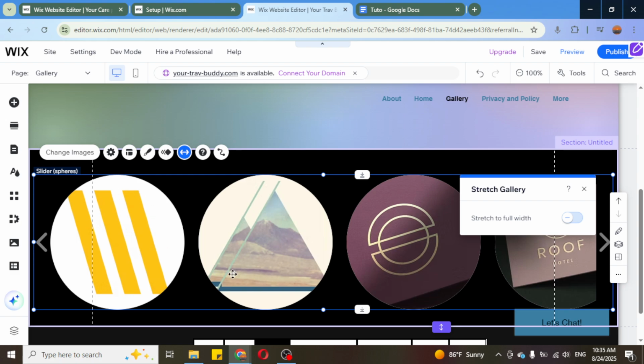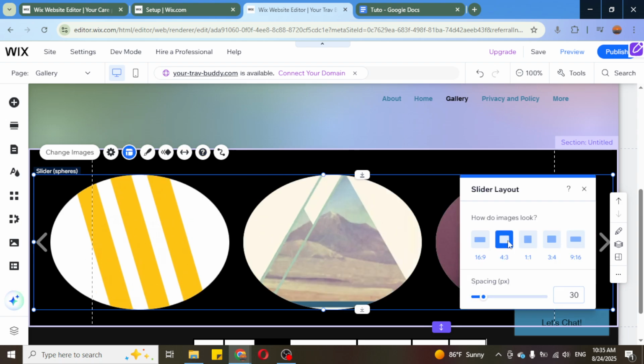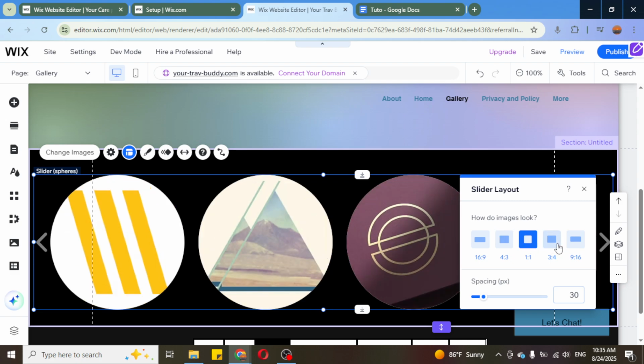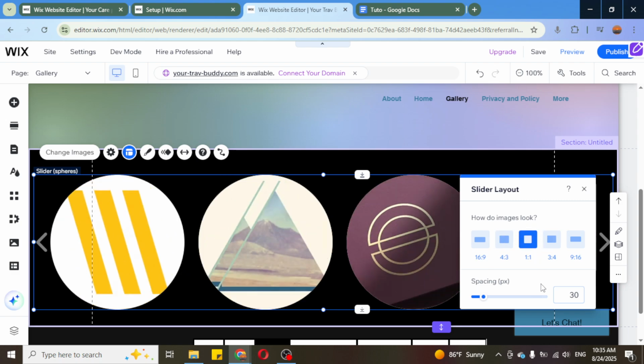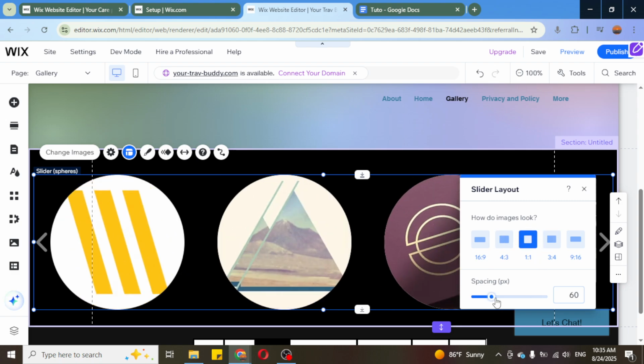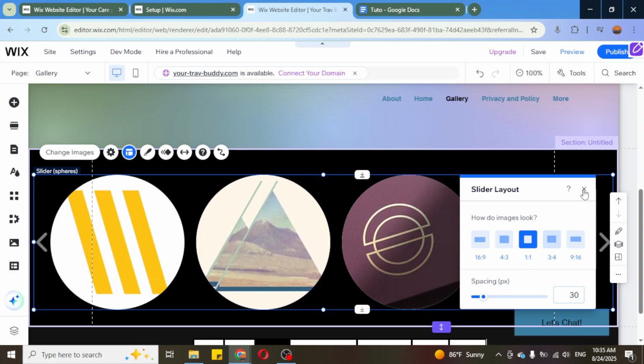You can change how these pictures fit the sphere. So here we have a 1:1, we have a 4:1. So you can choose one where they fit your gallery, and then you can change the spacing between the logos. After that,